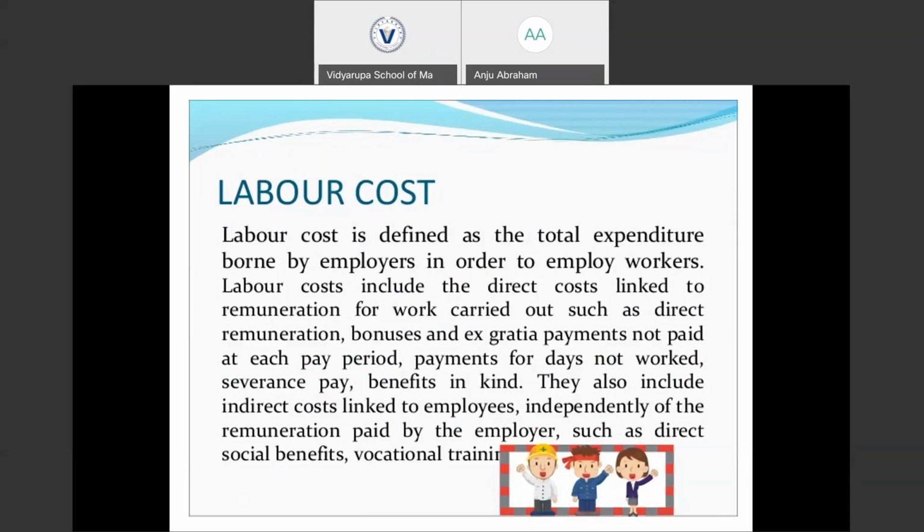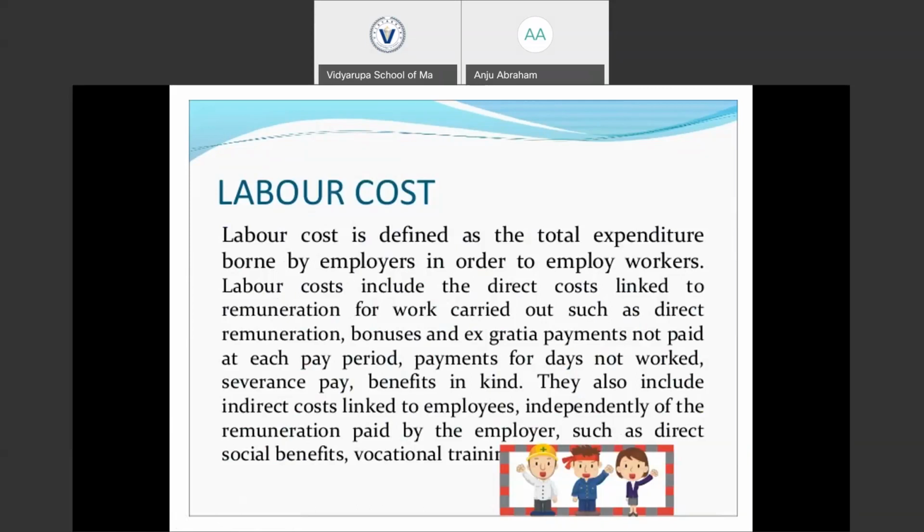In the labor cost, there may also be cost which is indirectly linked to the employees, which is not dependent on the remuneration paid to them, such as social benefits, any vocational training, and any other extra recreational facilities provided by the employers to the employees, independent of their remuneration. These are also included in the labor cost.